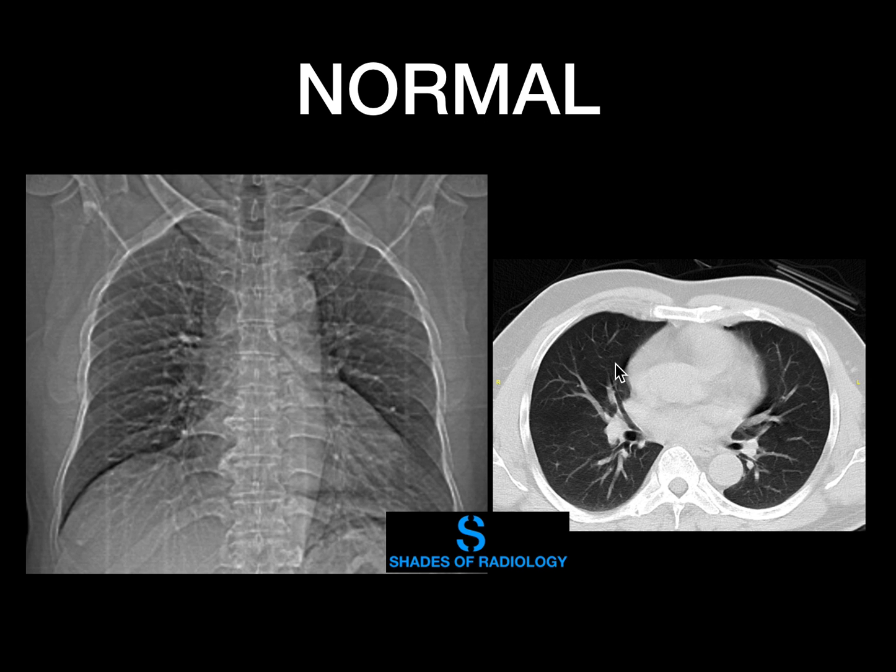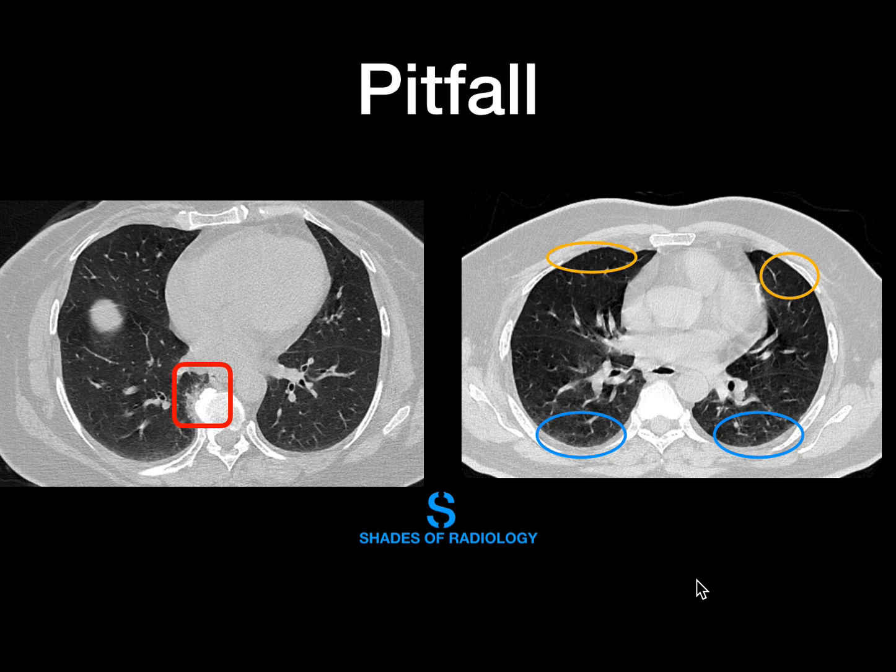So this is how the normal lung looks, with normal vascular markings and bronchi. And this is the normal topogram of a CT chest. And one more important thing which we see before looking at the image findings is the pitfalls. Always keep in mind,